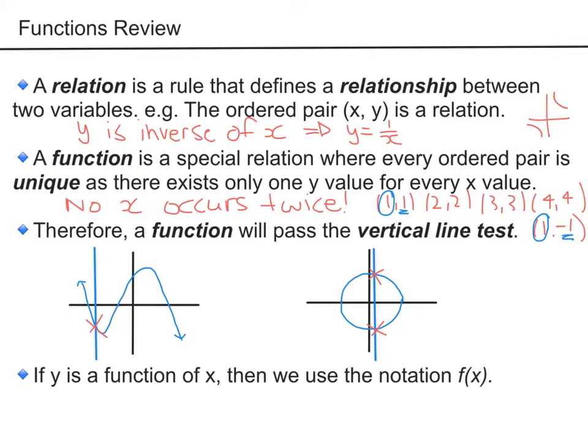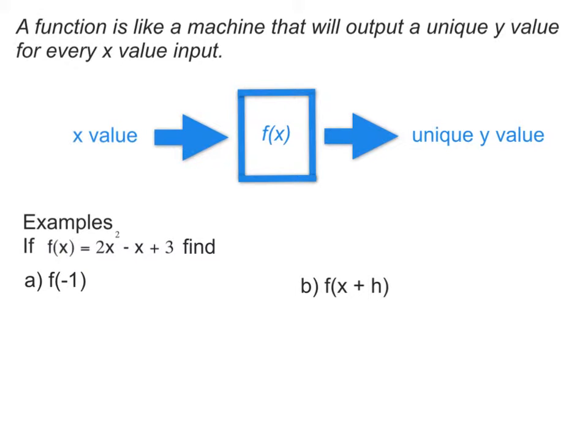If we are working with a function, then we can replace the y values on our axis with the notation f of x, meaning the function's value for each unique x value. It's often useful to think of a function like a machine that will output a unique y value for any x value that's put into it. Mathematically, this means that for every x value we substitute into the equation of a function, we obtain only one